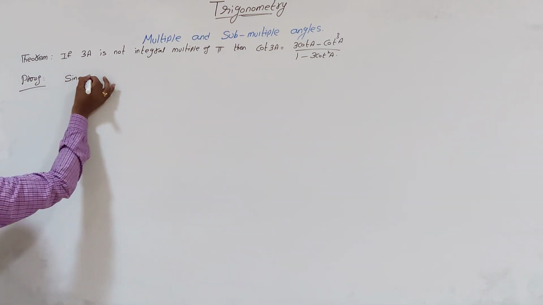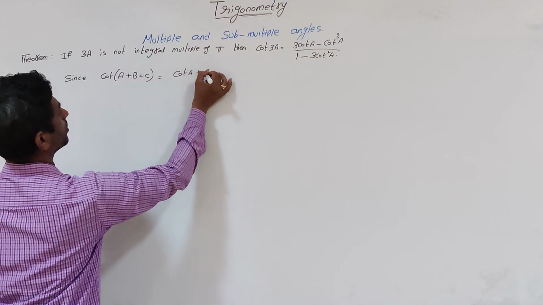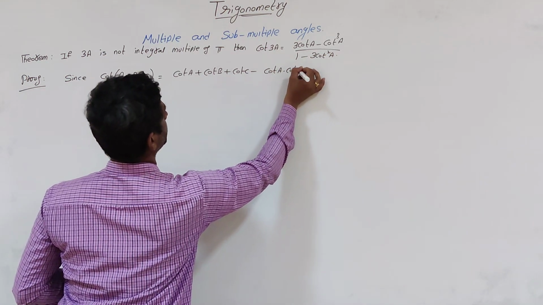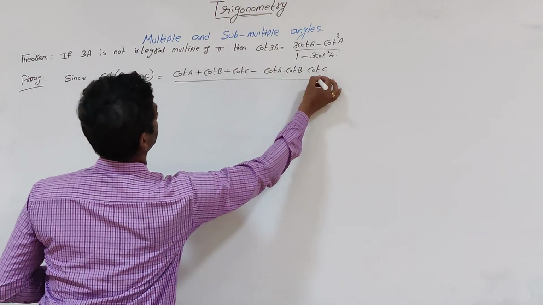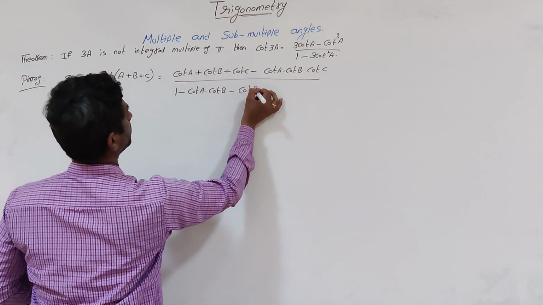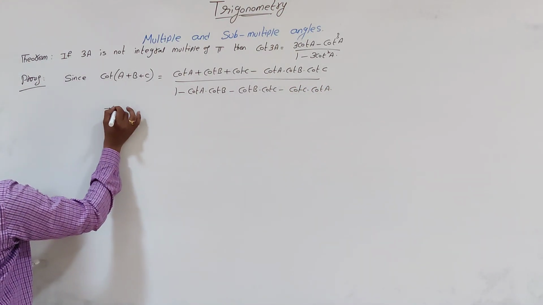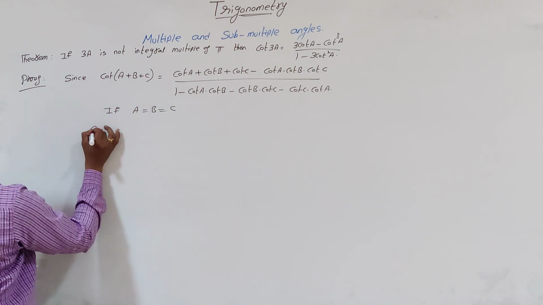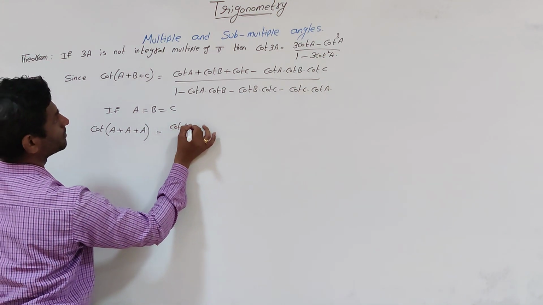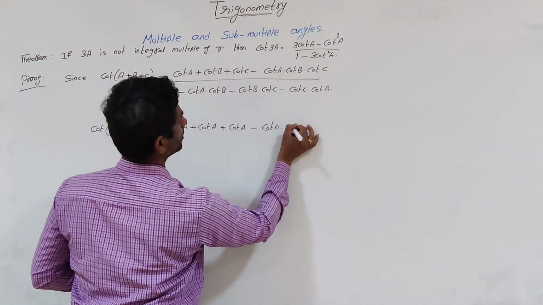Since cot of A plus B plus C will be cot A plus cot B plus cot C minus cot A into cot B into cot C by 1 minus cot A into cot B minus cot B into cot C minus cot C into cot A. If the 3 angles are equal, if A is equal to B is equal to C, so cot of A plus A plus A will be cot A plus cot A plus cot A minus cot A into cot A into cot A